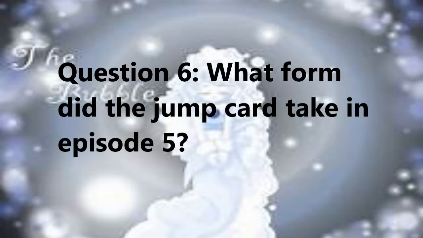Question 6 is, what form did the jump card take in episode 5? We saw this card very recently within the series. It's not particularly powerful, however, it is one of those cards that's incredibly useful. It was used in a number of episodes to avoid taking attacks from various cards, especially some of the more physical attackers. What it does is it produces wings across Sakura's feet on her shoes, which enable her to jump large